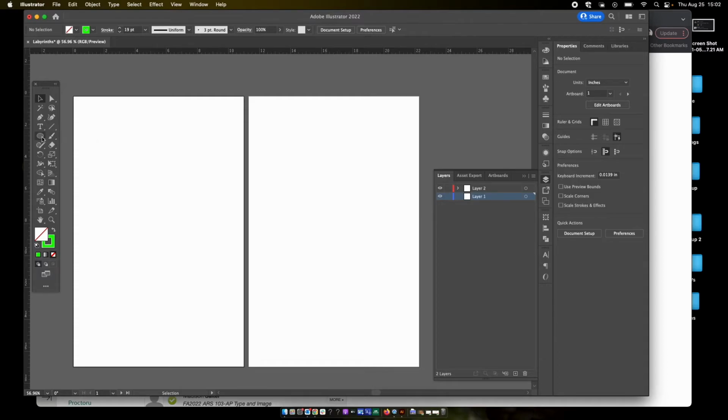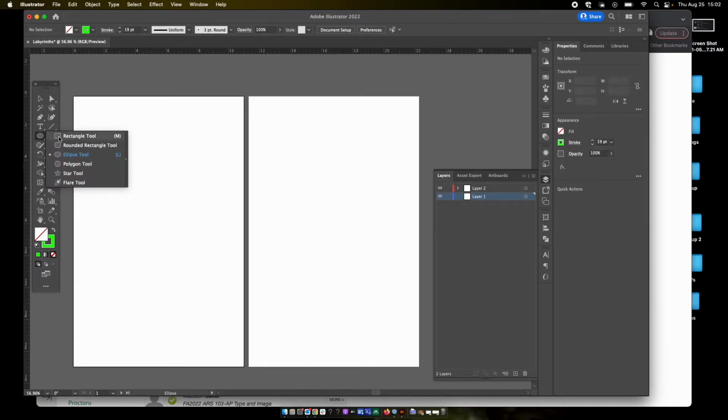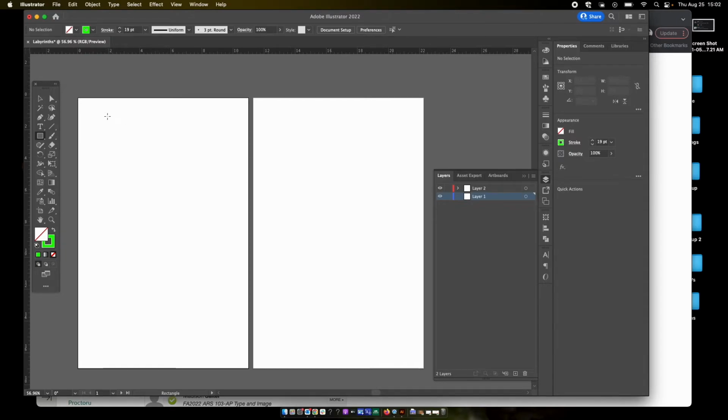I'm going to come back to my rectangle tool. Right, it was on the ellipse tool, so I have to hold down. I'm going to select the rectangle tool. And if you remember, I can click and hold and drag a different shape rectangle. Or if I know exactly the size I want, which in this case, I want it to be the whole size of the artboard, which I know the artboard is 11 inches wide by 17 inches high,